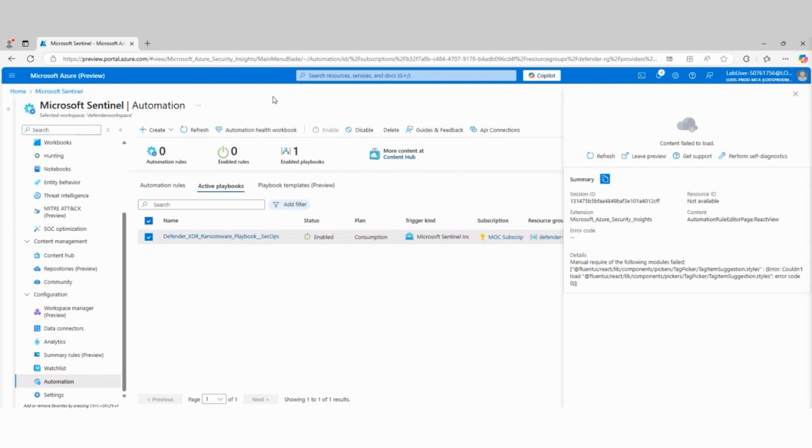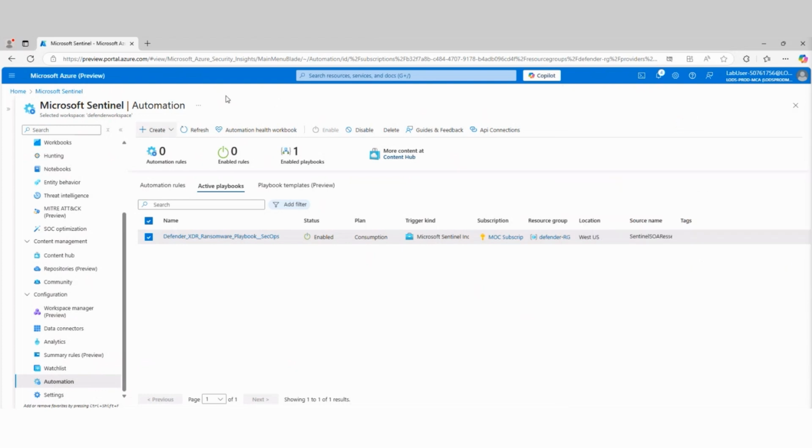And the difference between an automation rule and the playbook is an automation rule runs automatically based on some event. I can create a playbook that runs automatically using an automation rule, or I can create a playbook that runs manually where I can launch the playbook as a person, if you will, a human, whenever I want to. So what we're going to do here is create an automation rule.